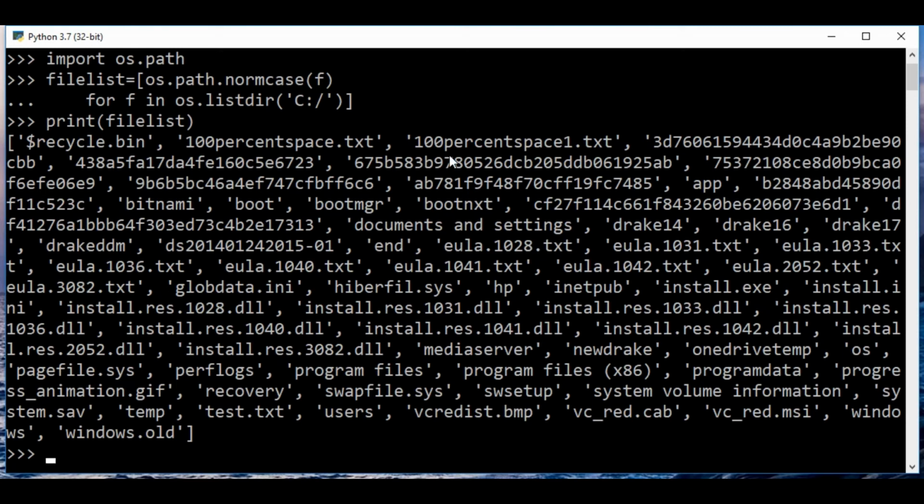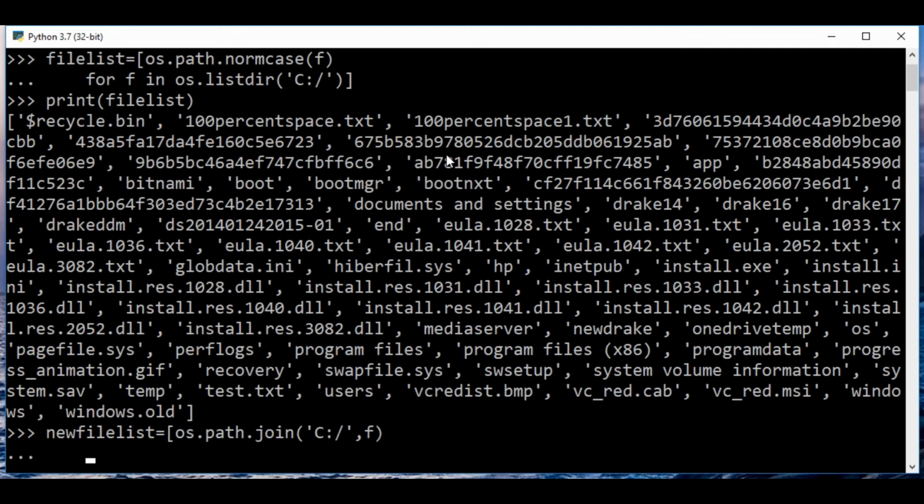Then we print out another list. So the new file list is, let's say, equal to os.path.join. We don't have a directory, so I will do C colon. We are hard coding this one for now. For f in file list,